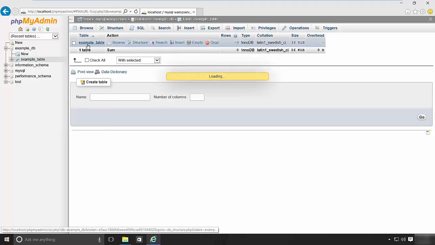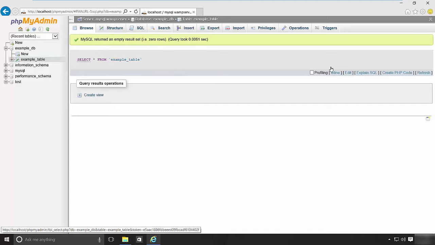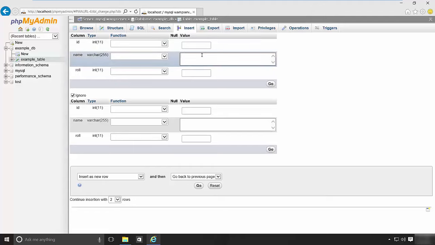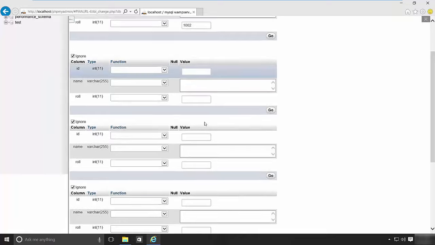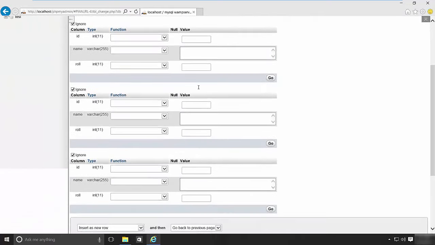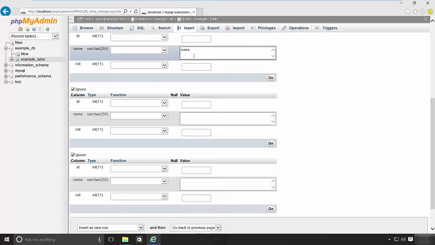Let's have some data first. I'm doing all this inside phpMyAdmin only because for now we haven't gotten into JPA yet. Just leave the ID field and give any name. Let's say name 1, and the roll number is 1001. Then name 2, the roll number is 1002. Let's have 5 rows. Then we have name 3,